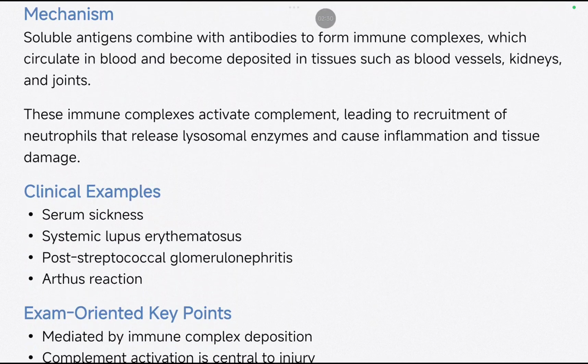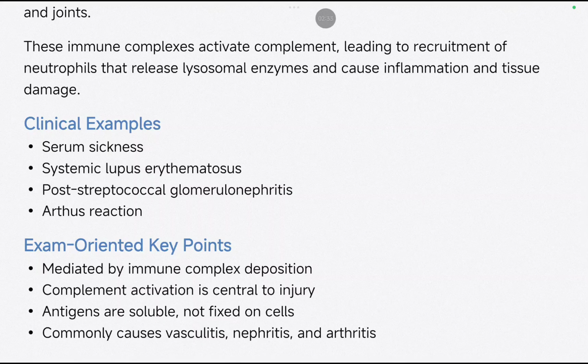Clinical examples: serum sickness, systemic lupus erythematosus, SLE or lupus as it is called. It is a very severe disease because it can happen to anyone, and each patient will show different symptoms. Like one patient may have severe joint pain, another patient of lupus might have deep tiredness. He is taking full sleep, he is taking all the rest, but is still feeling too much tired. So systemic lupus is a big topic in itself, but here we'll go on the lighter side.